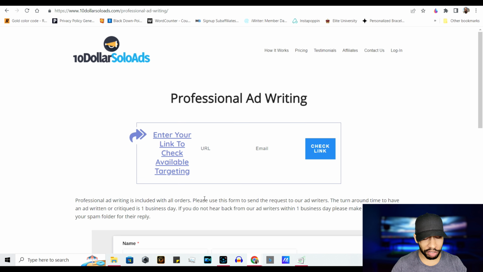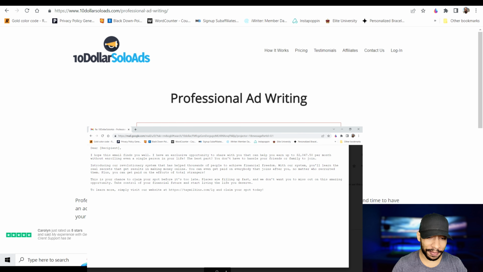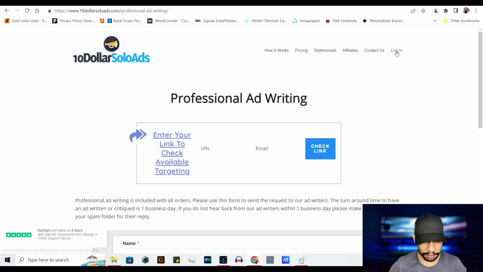Now I'll pop it up on the screen. You'll see this email, and this email is going to let you know that it's ready, and what they're going to do is attach a file for you. What you do is open that file, and then what you do next